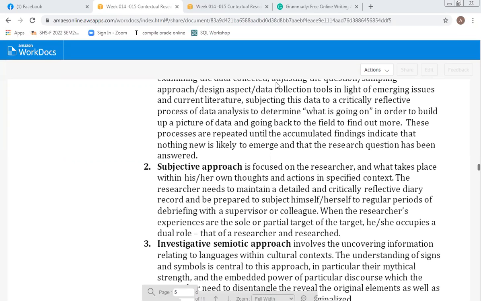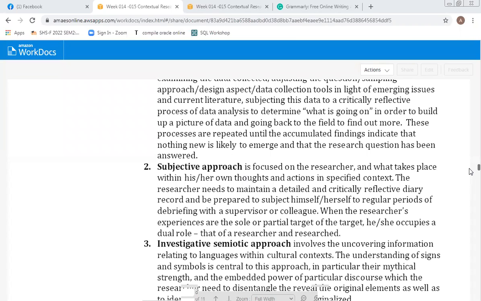So when you do diaries, kasi when doing a research, you have to put your reflections. What happened during the day? What have you learned? What have you found out? Tapos yung diary nyo, i-check yun ng advisor nyo. Okay? O ng supervisor nyo o nung kasamahan nyo. Tawag natin dun subjective approach.